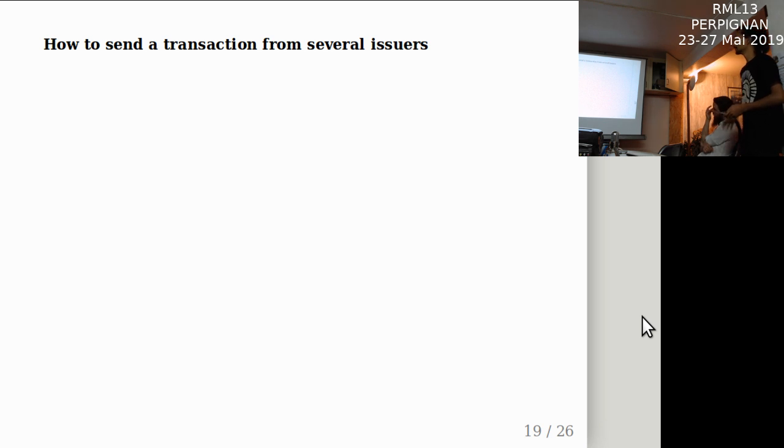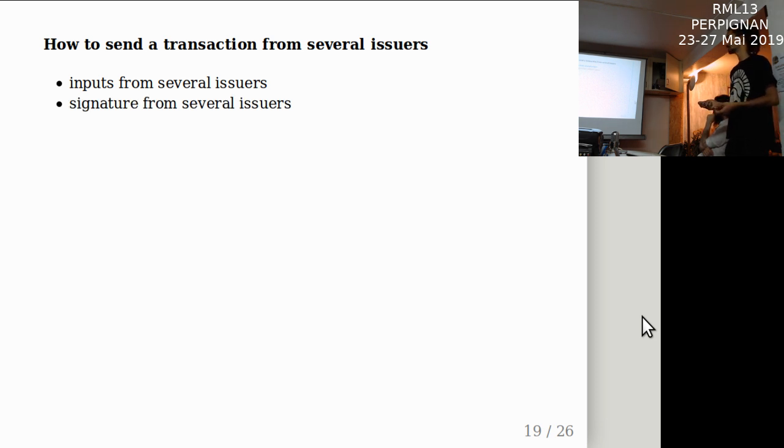What if we want to send a transaction from several issuers? No clients are currently implementing it. Let's imagine we own two pubkeys, and we don't have enough money on one or the other, and we want to use both together. We put all our inputs into the document, as well as two signatures at the end, and it could work. But no clients are using this feature right now.